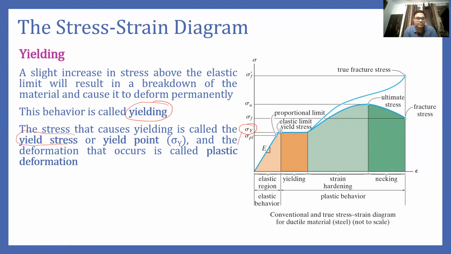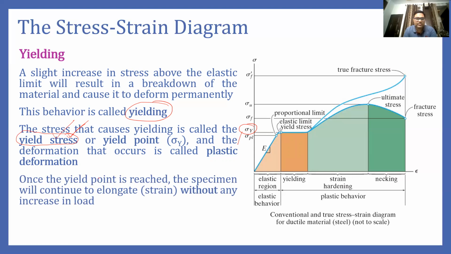This yield stress is very important to determine because in our design, generally we find out the yield stress for the material and we consider that this is the maximum strength the material can take. In various designs, for example in steel structure design, we consider the maximum strength of steel up to yield stress, and we design our structural elements based on the value of yield stress. So determining this value is very important.